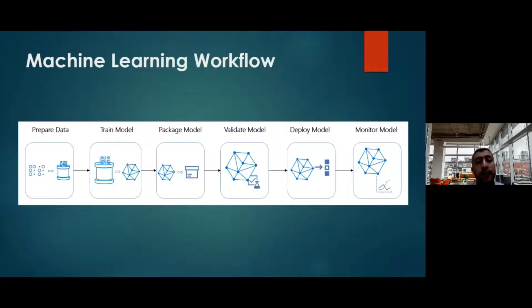So if you look here, you start from the left side with the data preparation or data pre-processing, where we have the raw data and we are trying to make some kind of transformation on the data to make it ready for the training as a second stage. This pre-processing on the raw data could actually include cleansing the data. So if we have missing values, or null values, or some columns with too many nulls or none values, and so on,